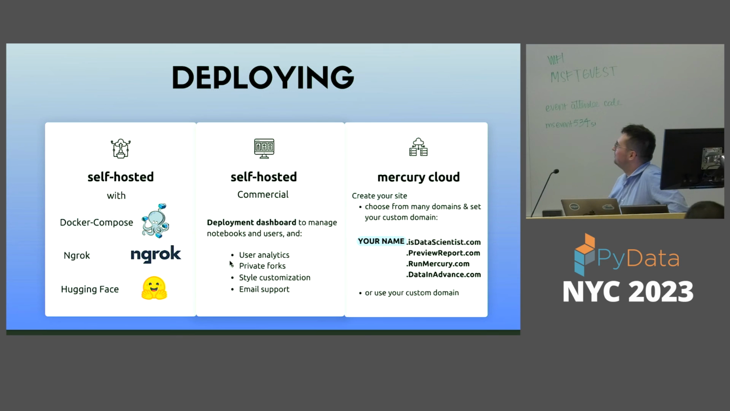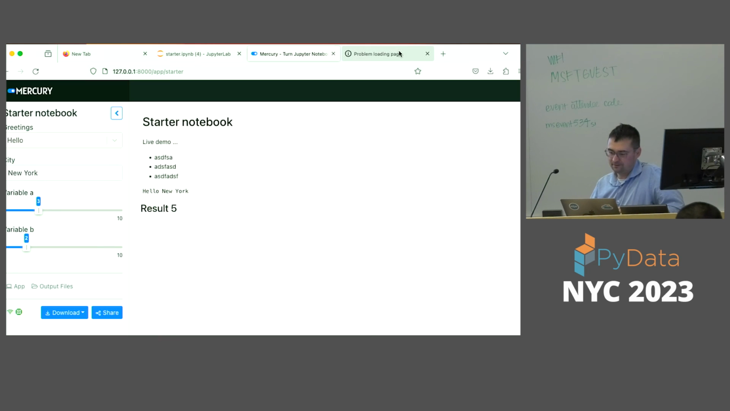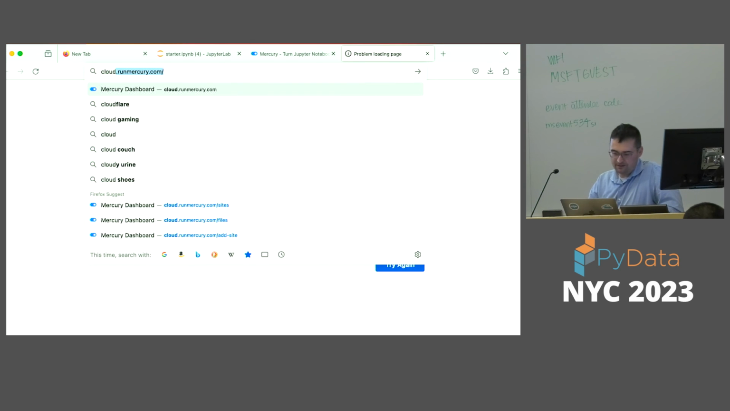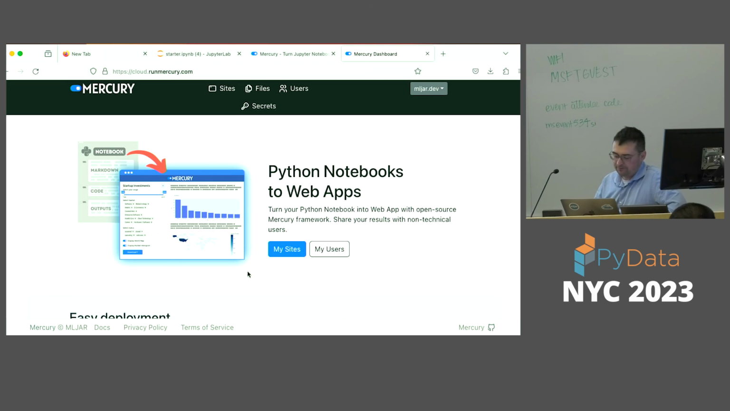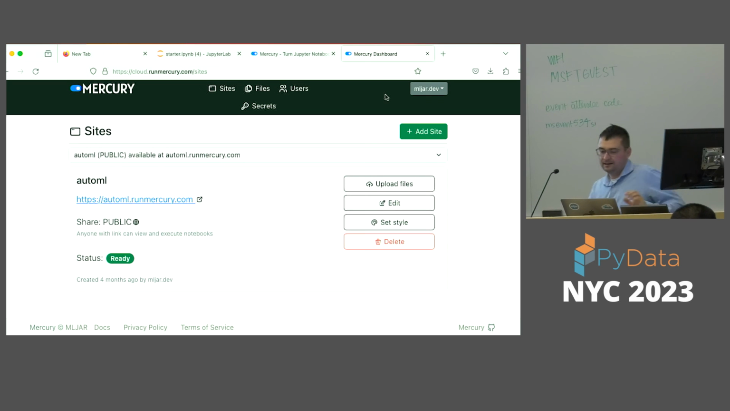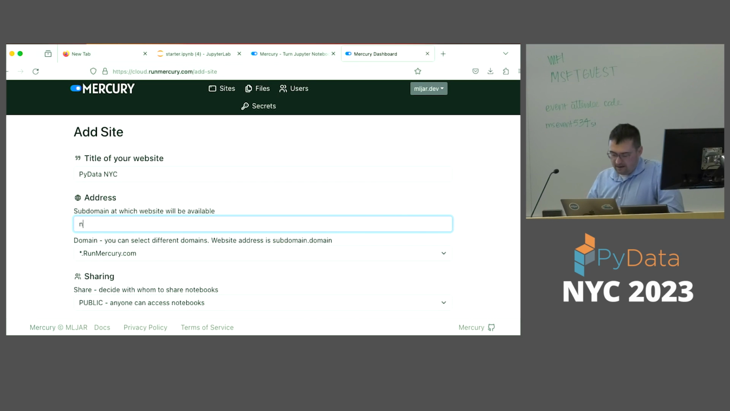And we also have the Mercury Cloud service, and I think Mercury Cloud is the easiest way to deploy the notebook, and I will show you right now how to do this. We have a service that is available at cloud.runmercury.com. After login, you will have the main view, and you just add the site, and it will be PyData. Okay, and the address will be